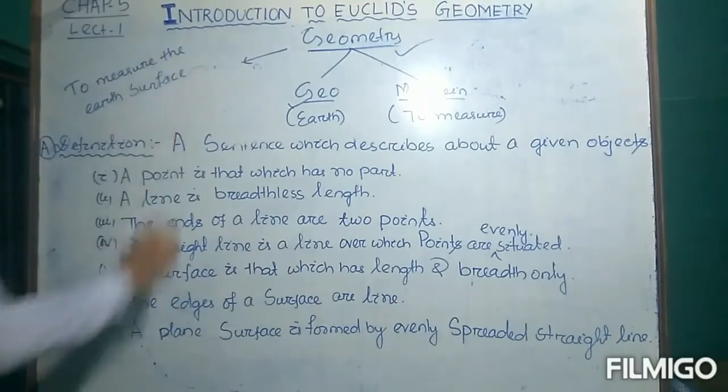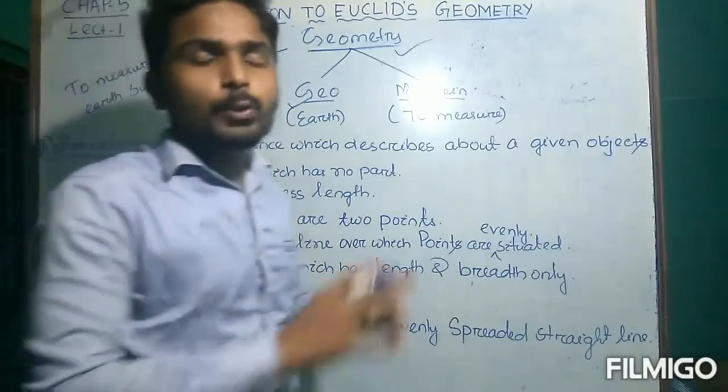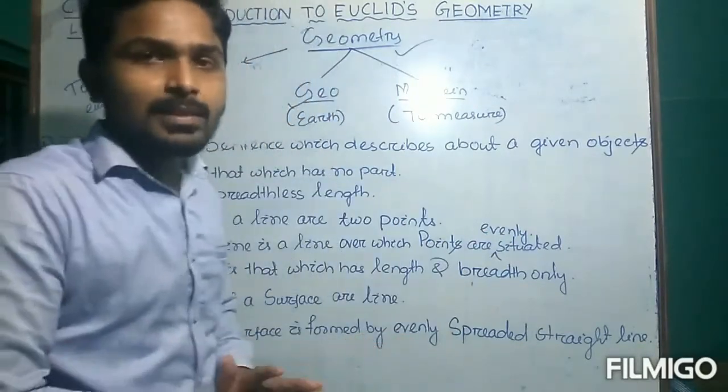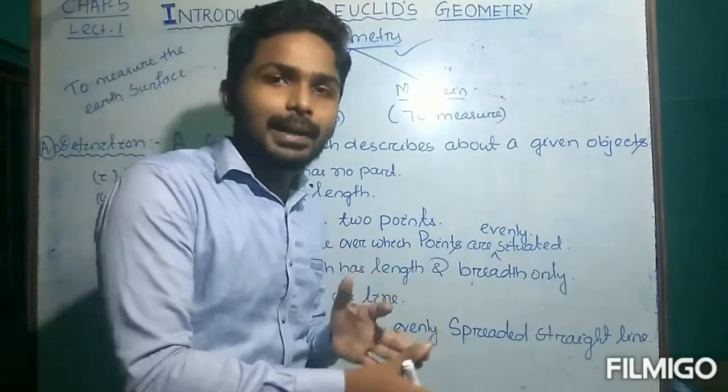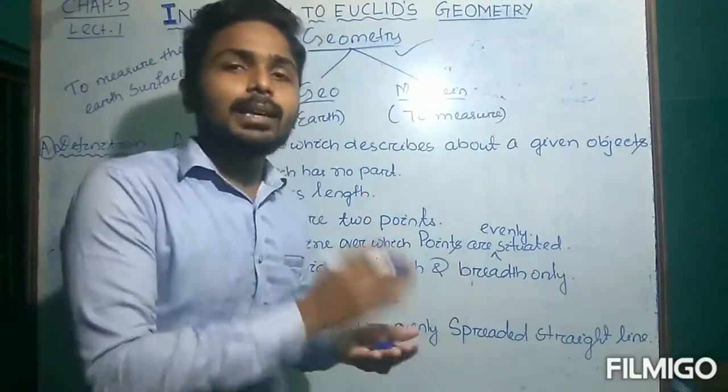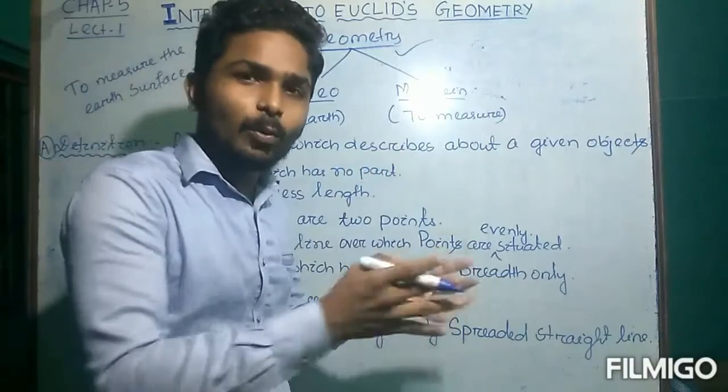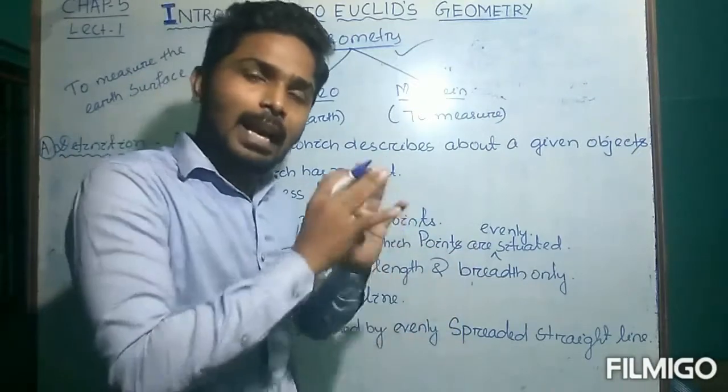It is related to measuring the dimensions of some geometrical figure. Dimension means the length, the breadth, the height of some geometrical figures like rectangle, cube, cuboid, cone, cylinder, sphere, circle,